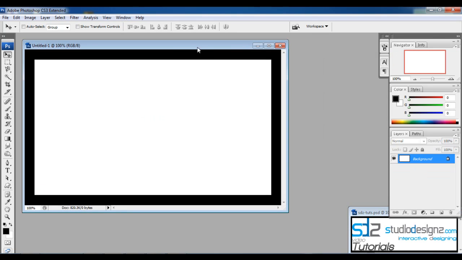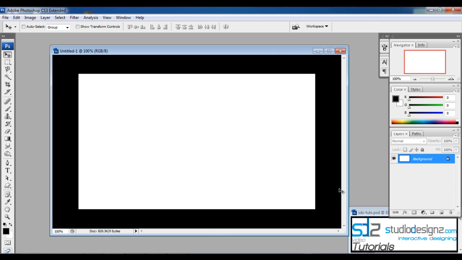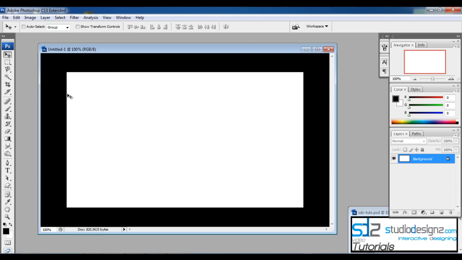That'll be okay. And what we first need to do is add a nice glow effect on the background, which will look like a shadow, but something kind of inner. So first thing, let's create a new layer and make sure your background is set to white. Let's select the brush tool,